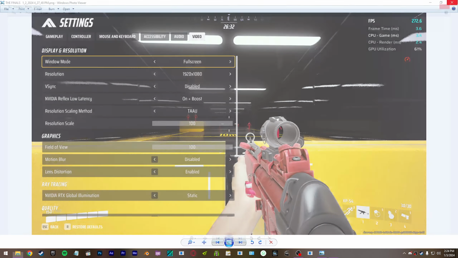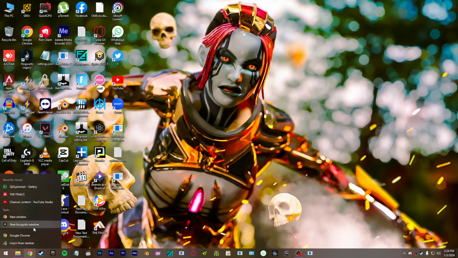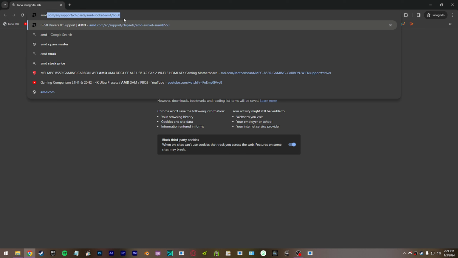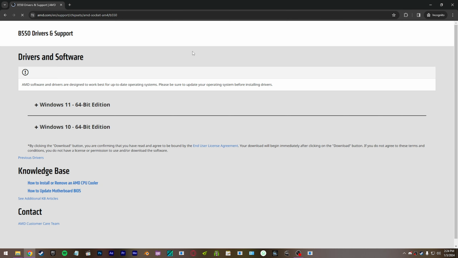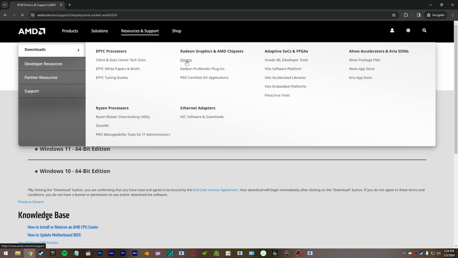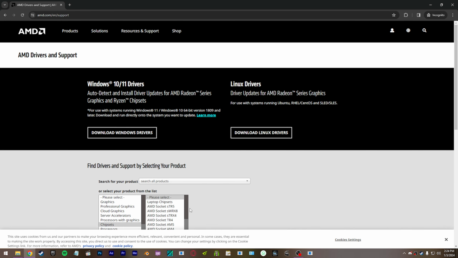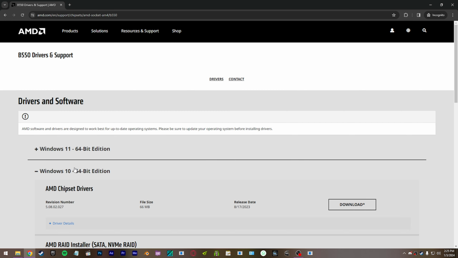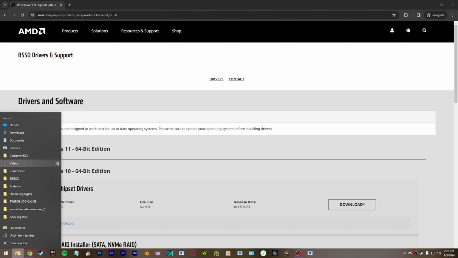The first thing you want to do is install the AMD chipset drivers. If you haven't installed chipset drivers, you can just go to this website, go to resources, and then install your chipset driver for your AMD socket. So I have B550. I'm just gonna click B550, submit, and install these latest drivers. But if you have already installed the latest chipset drivers, or even if you haven't updated your drivers, what you want to do is